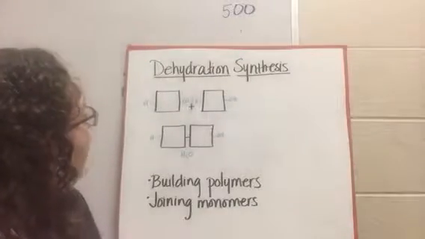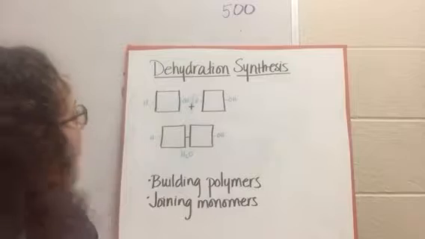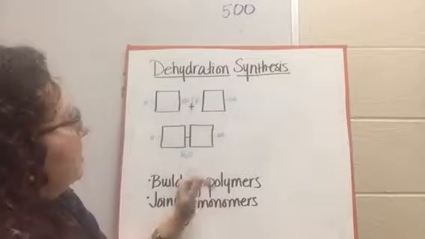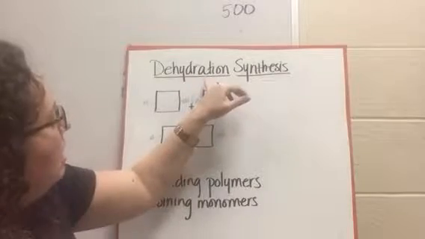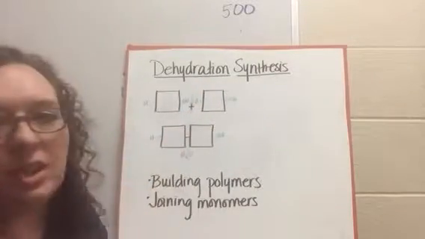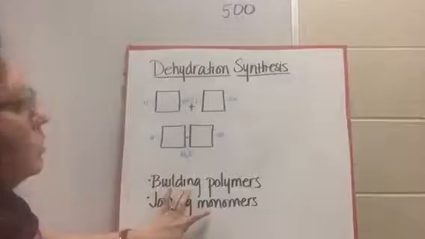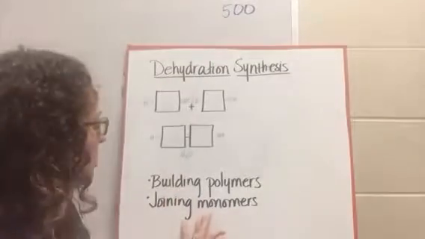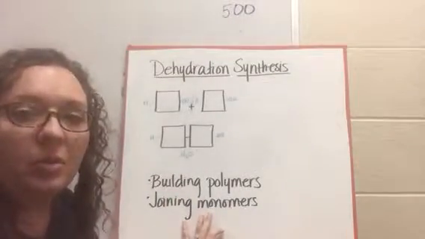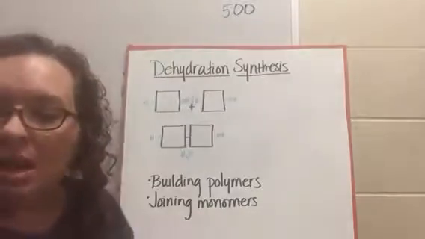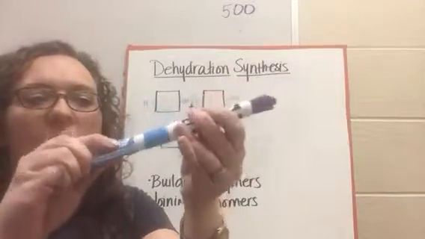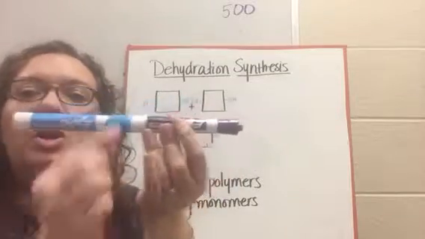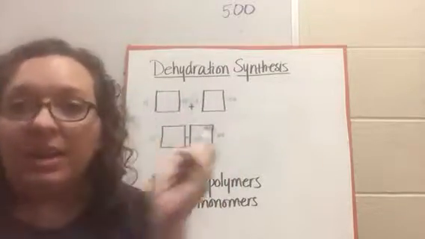So when we look at building molecules and breaking them down, water is going to be a key factor. It's going to be important. So when we're building polymers, it's called a dehydration synthesis. This occurs when we're building polymers, or you can look at it when we're joining monomers. So remember, as we build monomers, we're going to add them together to build a polymer. What's going to happen is we're going to get water out of it, and that's called